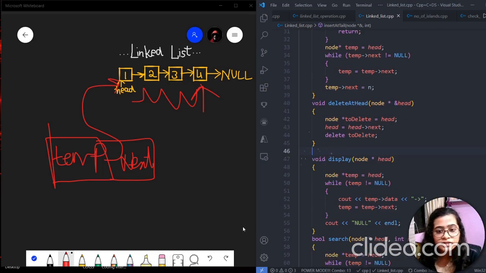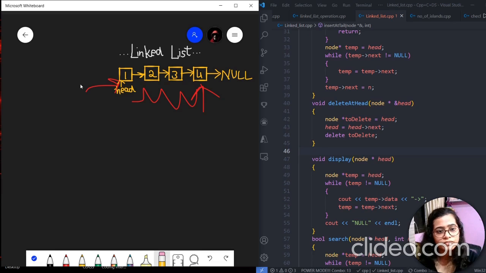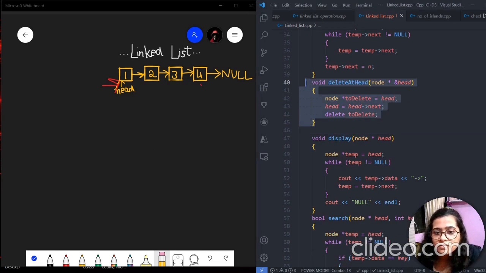Now the next is delete head, if we want to delete the head part. First we have taken a node star to delete pointer and it is pointing to head.